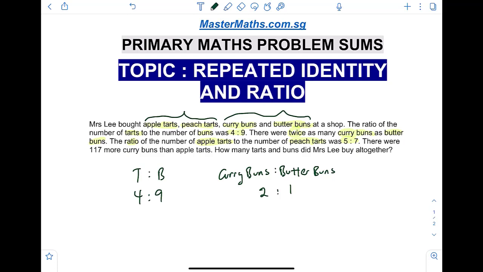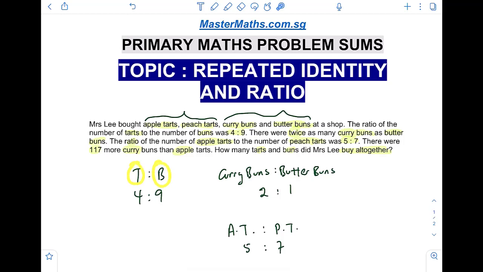So apple tarts is to peach tarts, 5:7. There were 117 more curry buns than apple tarts. How many tarts and buns did Mrs. Lee buy all together? Now, to do this question, important to take note that they have actually given us the